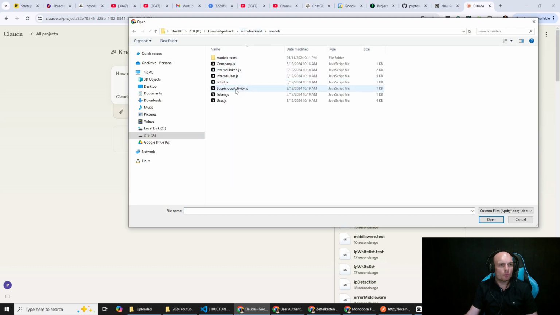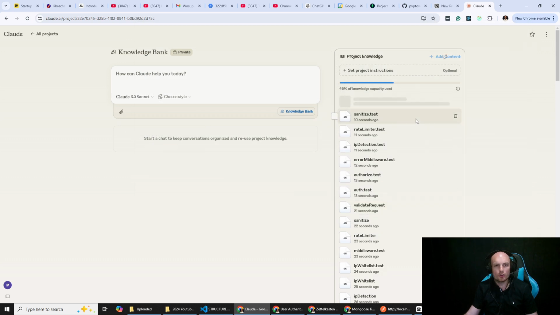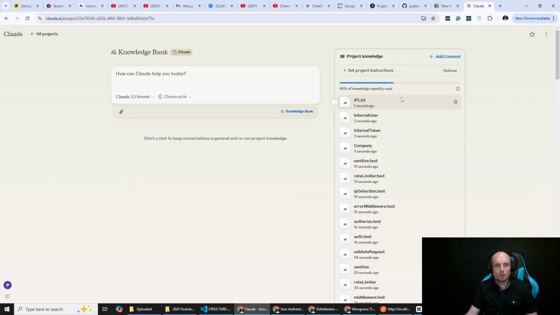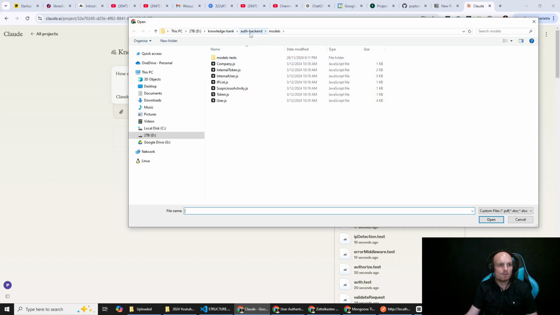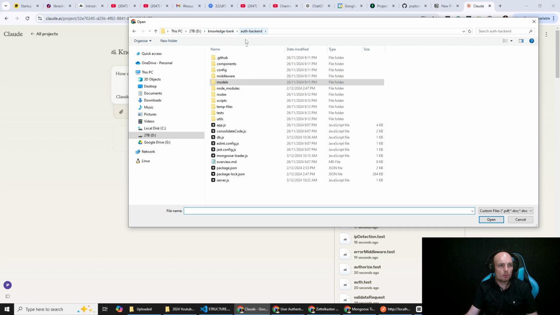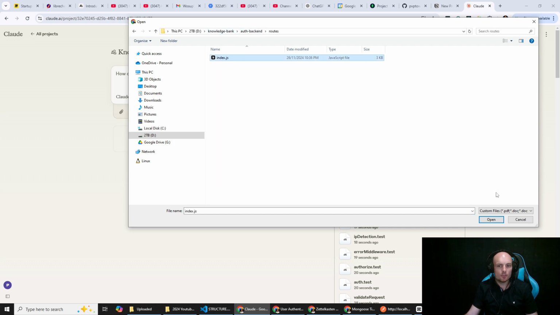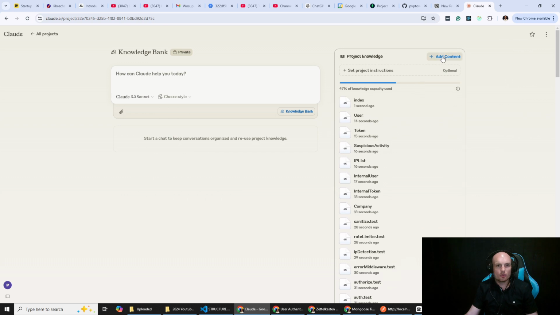Middleware models. Same thing with the model tests, we can take them out. I'm conscious of filling up our knowledge base too much. What we might do, we might just take out the test files because it's going to use